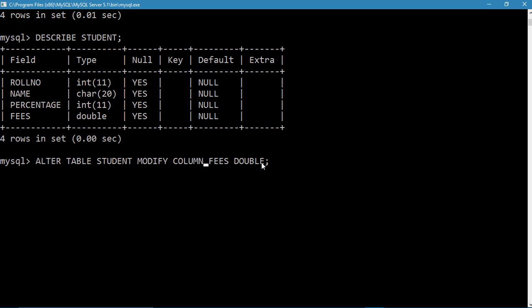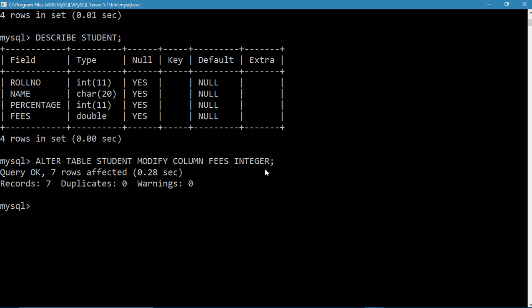And now if you want to change the data type only, here you will be able to change the data type only. So initially it was float, then we changed it to double, now I want to make it integer. Fine, 7 rows affected.